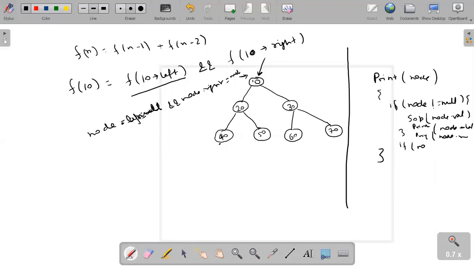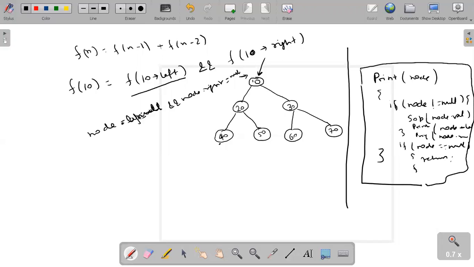If node is equal to null, I'll just return. Let's first try this code, see how it works, then we'll think of how we can improve it further.